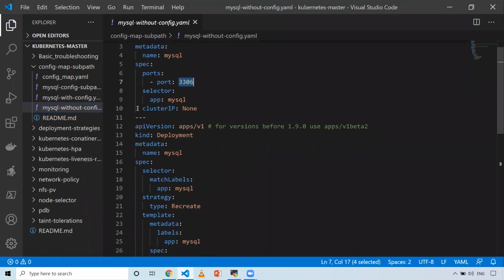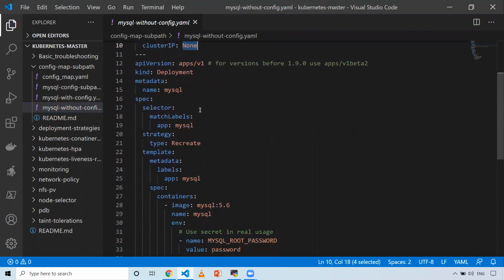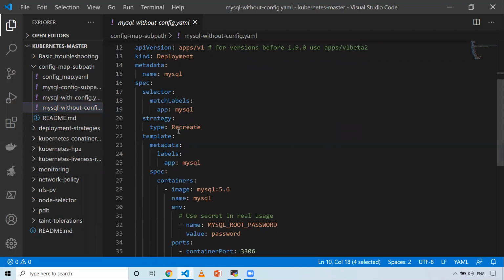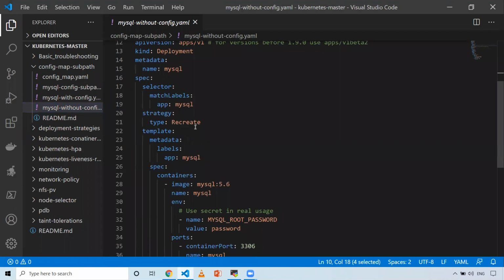This is a headless service, so I've given clusterIP as None. Then I'm creating a deployment, which is also straightforward: apiVersion apps/v1, kind Deployment, metadata name MySQL, and I'm using a Recreate strategy. By default it's a rolling update, but in my case I'm using Recreate.